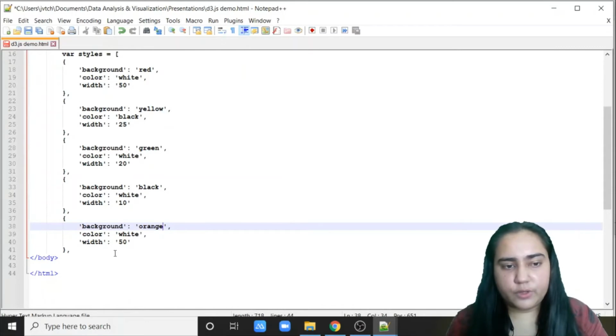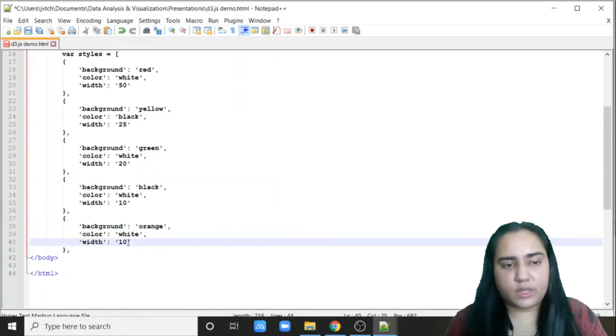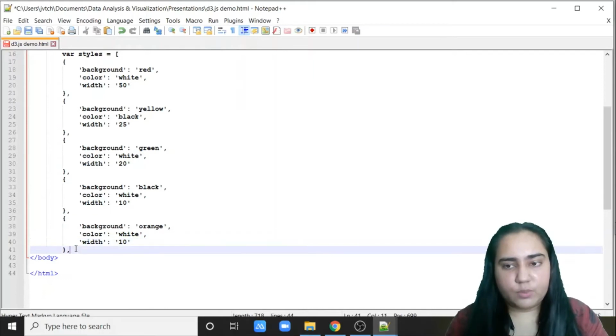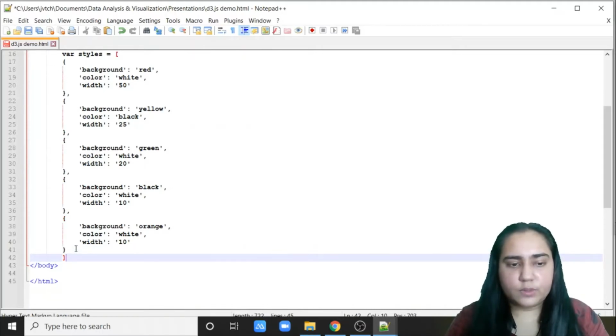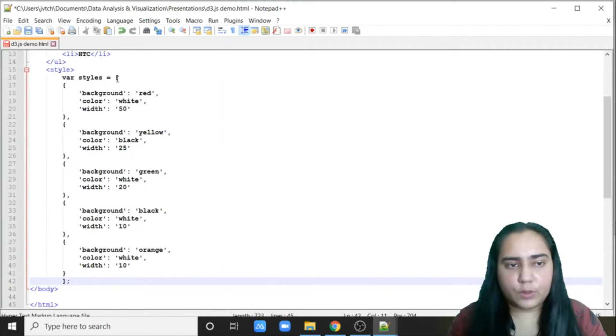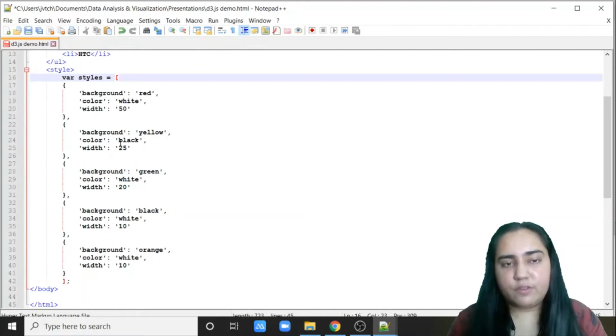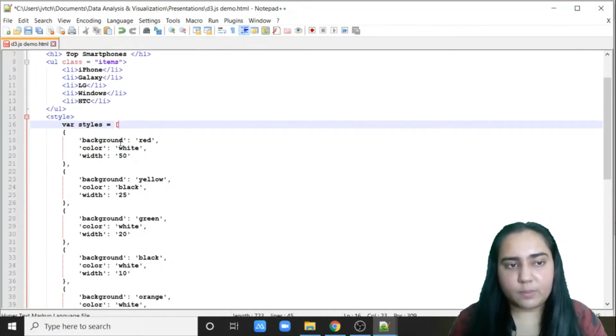This one's going to be orange with white background, and let's give it a width of 10 as well. And remove the comma that is here because we are not adding another element. And now just close that box bracket that you opened here to declare this array of different styles. So now this array has 5 different styles, and we want to apply them one by one on each